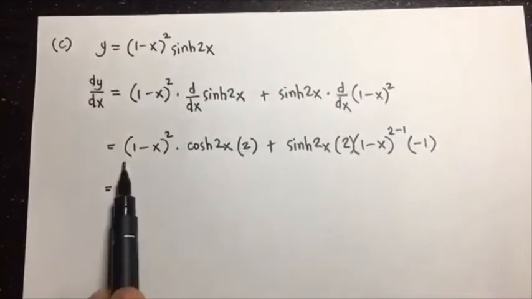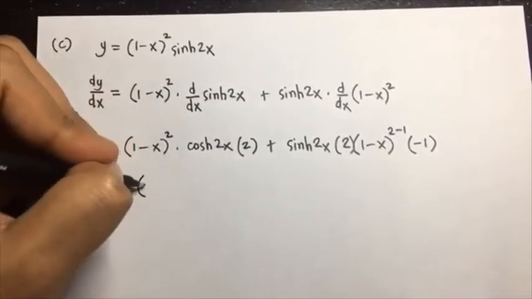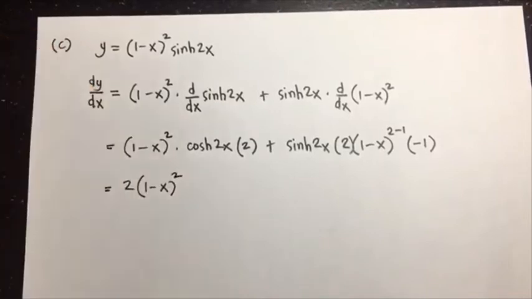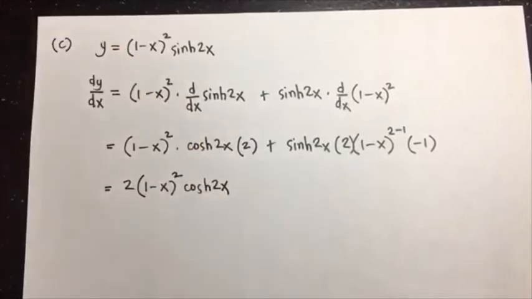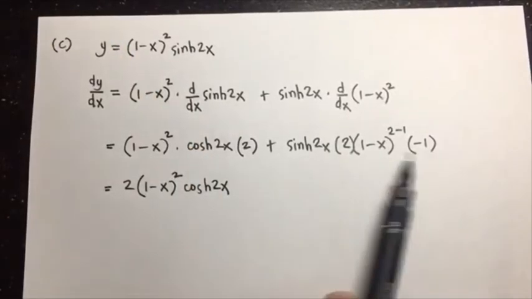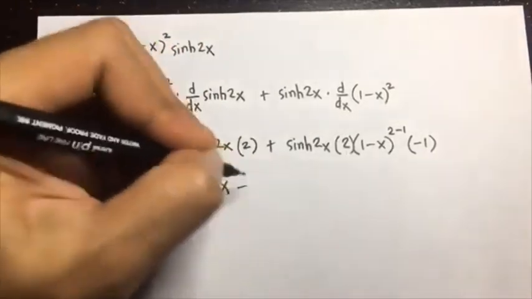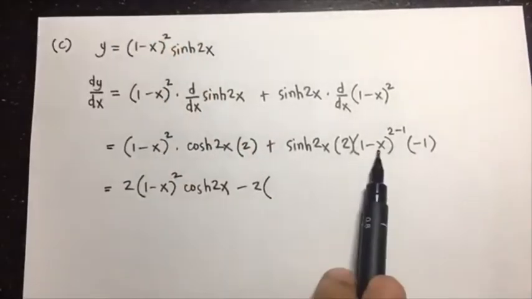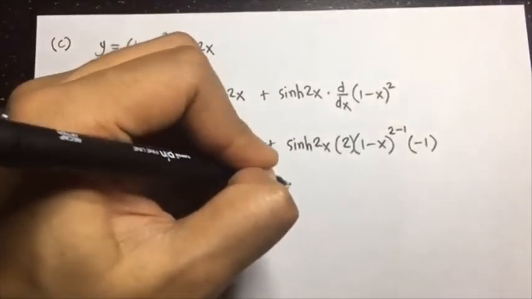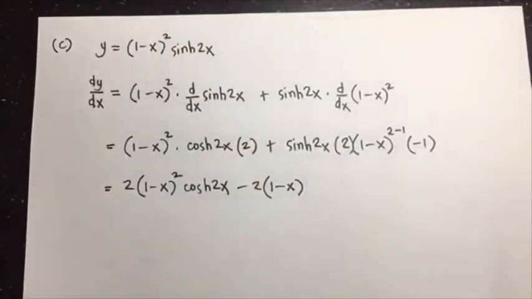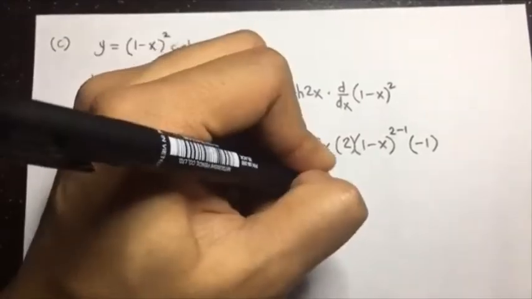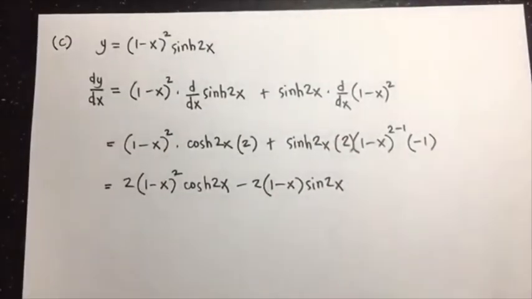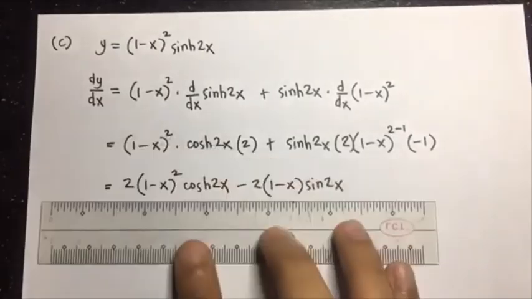Okay, so next is simplify. So this will be 2 times 1 minus x squared, and then hyperbolic cosine of 2x. Okay, minus, so 2 times negative 1, so minus 2 times 1 minus x raised to 2 minus 1, is 1 minus x, and then hyperbolic sine of 2x. Okay, so that can be your derivative already,